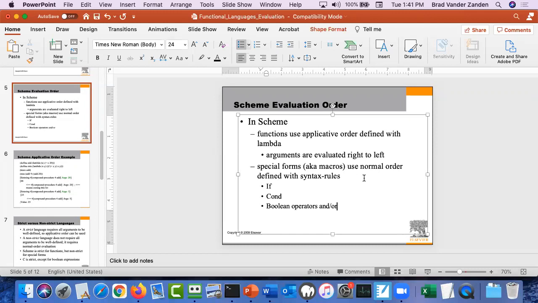Any remaining cond statements are ignored. And then with Boolean and or, with the and, if the first condition of and is false, the second condition is not evaluated. And with the or, if the first condition of or is true,